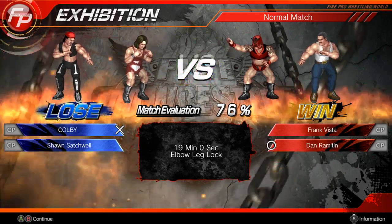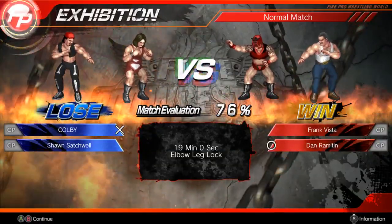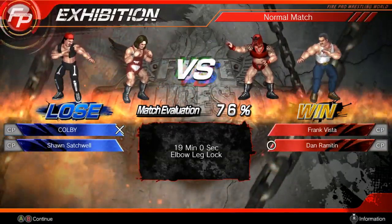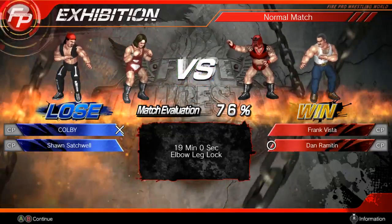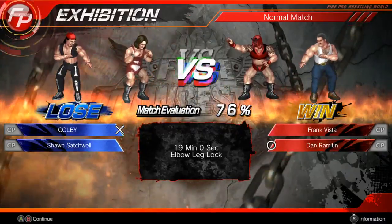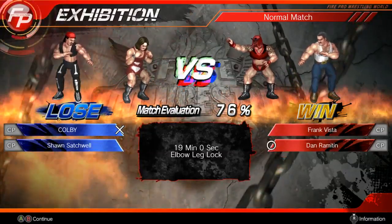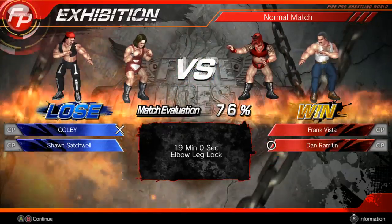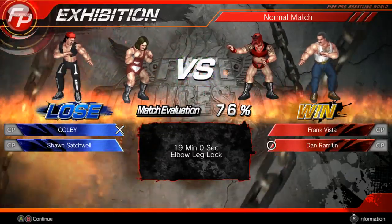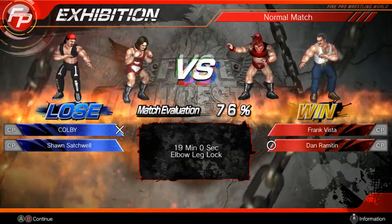And we see it once again, where this well-oiled, well-decorated tag team unit besting a team put together in 1 week, but you got to feel pretty okay about yourself if you are Shawn Satchwell. Because, of course, you want to win the match. But ultimately, this is a combination between you and COLBY, between COLBY and Satchwell. Satchwell appearing to hold his own quite effectively against Vista and Ramitin. COLBY couldn't quite get it done. As I said, if you are Shawn Satchwell, you feel pretty good about yourself right at this particular moment, but